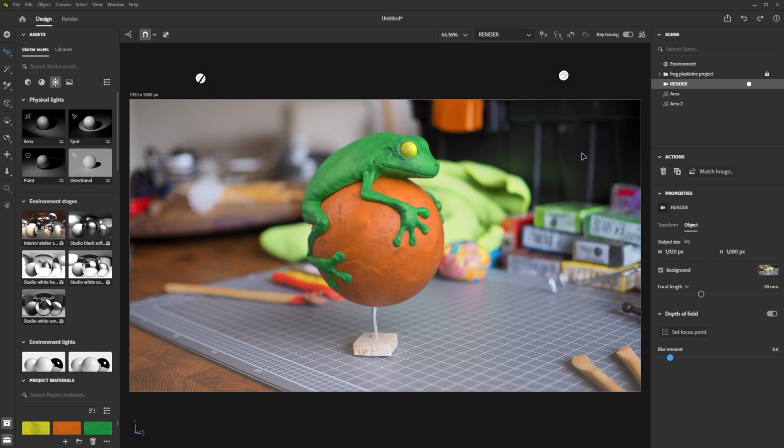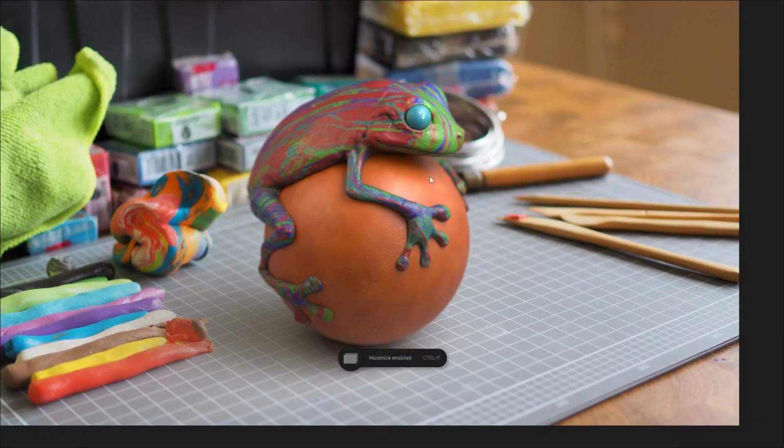And now with a nice background image, we can render something pretty cool, right? So to finalize all of this, all I have to do is go to the render tab and just click render, and it will just render something like this. But just before I do that, I want to show you the scenes for this so that you can see